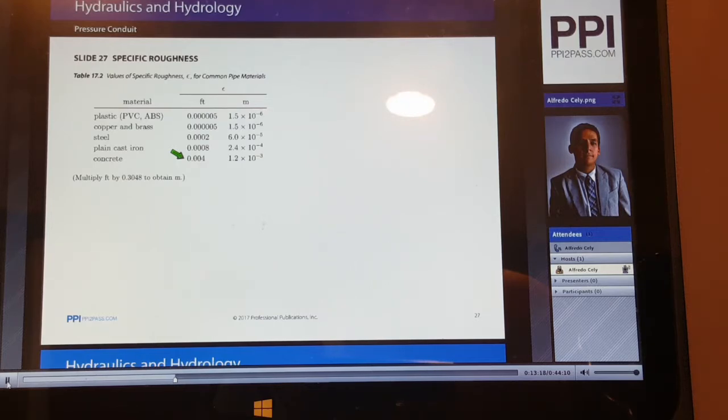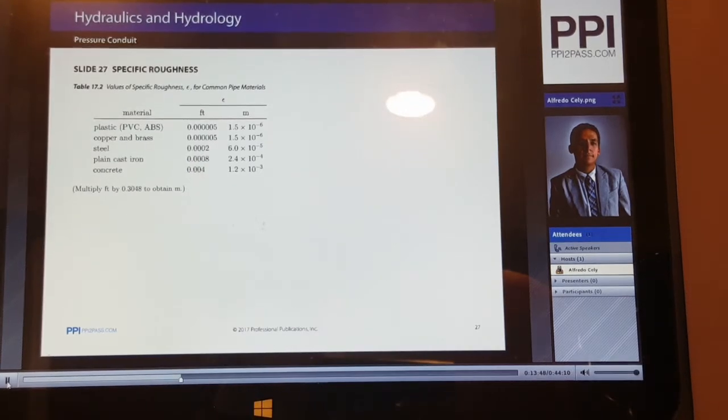Now, there's a key difference between how we calculate a specific roughness and relative roughness. So let's consider an example of two pipes. We have a concrete pipe that has a diameter of 24 inches, and then we have a steel pipe that has a diameter of 1 inch. Let's calculate the relative roughness for both pipes and see how that differs. So let's start with the concrete pipe. The concrete pipe has a specific roughness